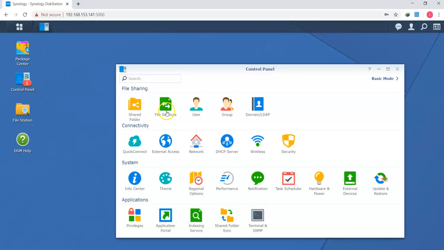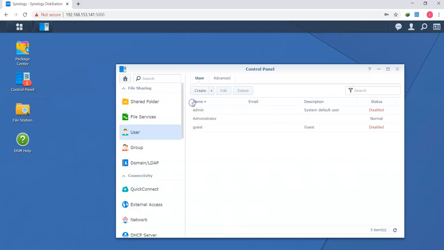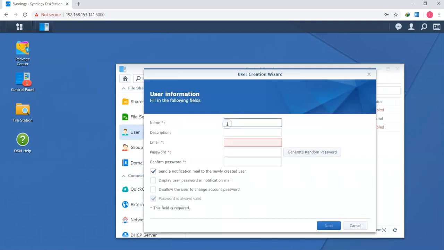You need to go to Control Panel, click on User, and create a new user. Enter the sync ID and the password.